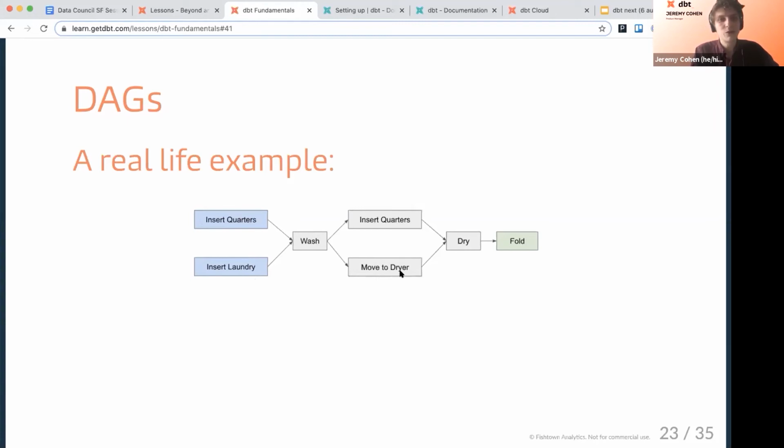There's no way to move to the dryer, we'll then insert the laundry back into the washing machine again. One needs to happen before the other. Obviously, this does recur on a, let's say, weekly basis, for being generous, but there is no cycling back. It is directed and it is unidirectional.